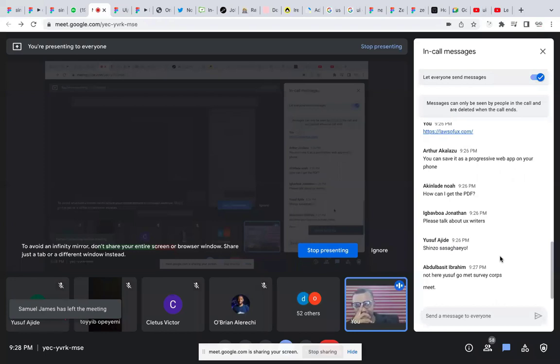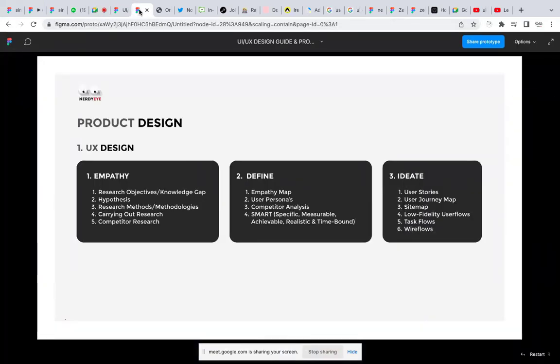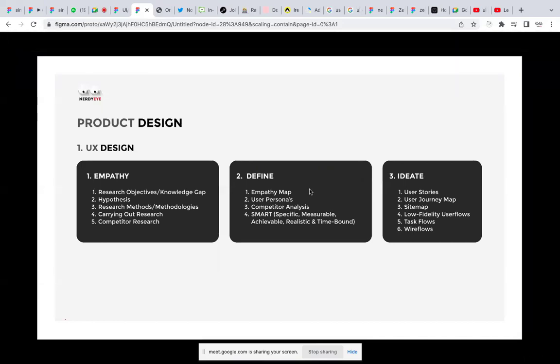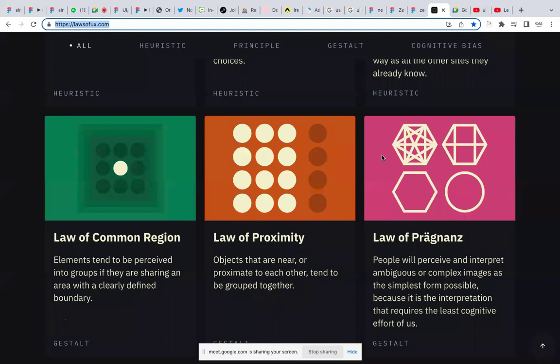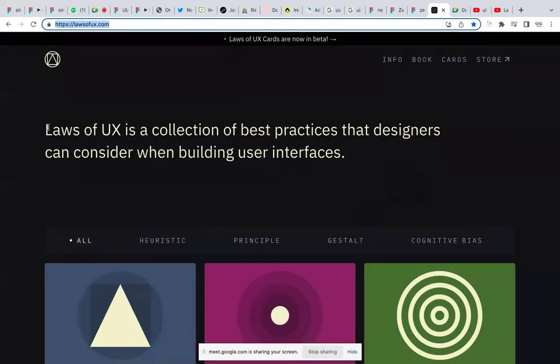So somebody is telling me to please talk about UX writers. This is one part I hardly talk about, but since someone is asking me, let me talk about UX writing a little bit. Now, UX writing is basically coming up with copy. For example, it is someone that decides, okay, let the copy of this be laws of UX